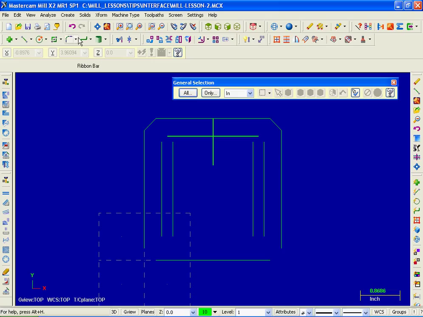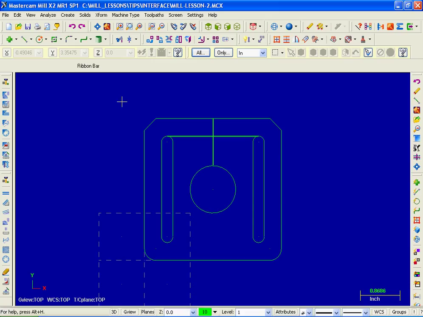Now I'm going to undo this. I'm going to move up and click on the toolbar icon for undo, and let's dock this back in its original position. Now let's go back into erase. So I'm going to go up and click on delete entities, and let's pick this line, and this line. So I've got 3 lines highlighted. Now if this first line was a mistake, I didn't mean to pick it, I'm just going to pick it again, and now it's deselected and I only have 2 lines